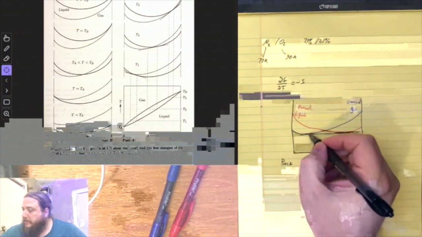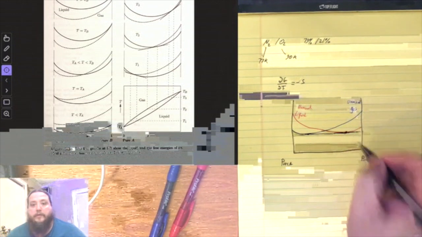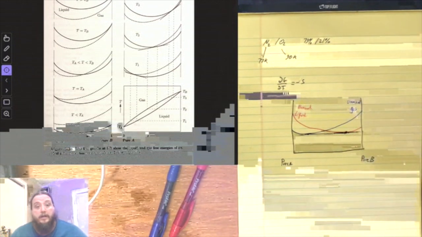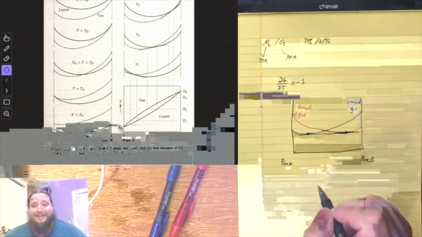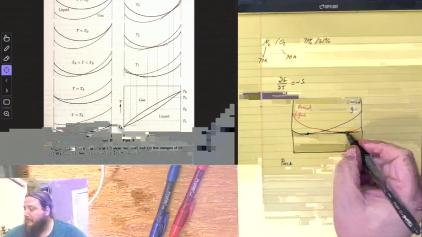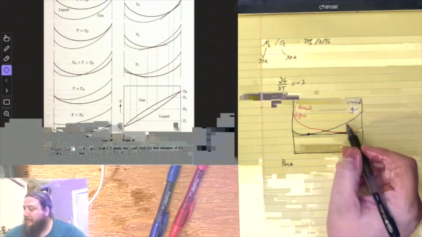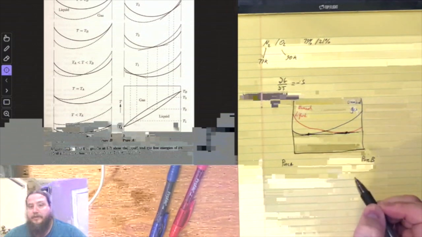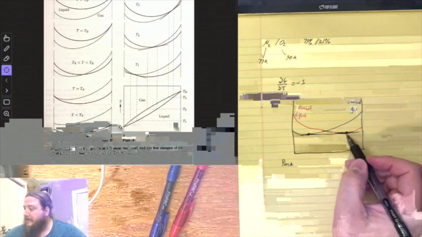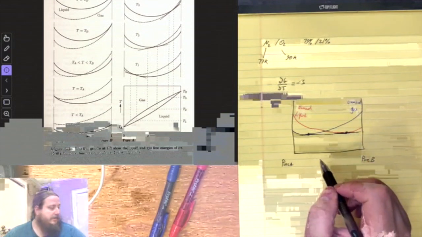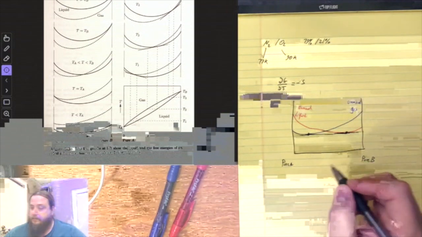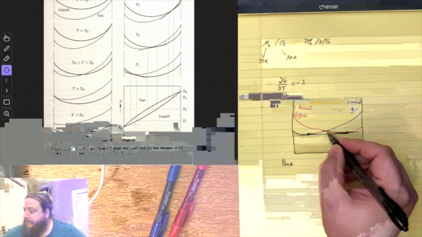And this would represent an unmixed combination of both liquid and gas. This is the unmixed liquid over here. This is the unmixed gas over here. And there is a straight combination of those two that would allow us to get below the Gibbs free energy